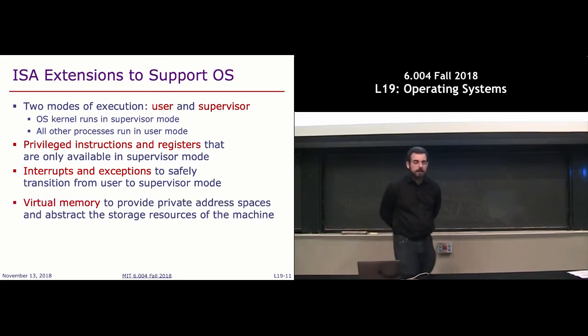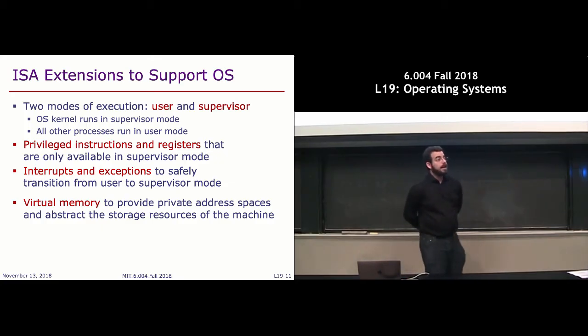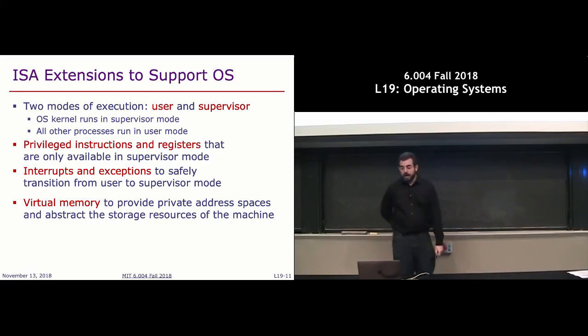And then the other key piece of hardware that we need to introduce is what we call hardware support for virtual memory. And this is what will let us introduce this notion of having private address spaces with very low overheads. So we will see the first 3 mechanisms today,